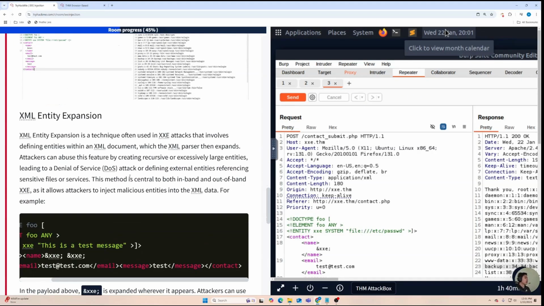Okay. XML entity expansion. XML entity expansion is a technique often used in XXE attacks that involves defining entities within an XML document, which the XML parser then expands. An attacker can abuse this feature by creating recursive or excessively large entities, leading to a denial of service. Defining external entities and referencing sensitive information. This method is central to both in-band and out-of-band XXE, as it allows an attacker to inject malicious entities into the